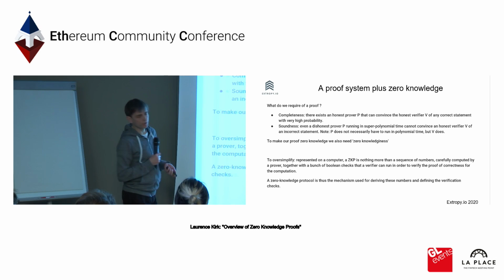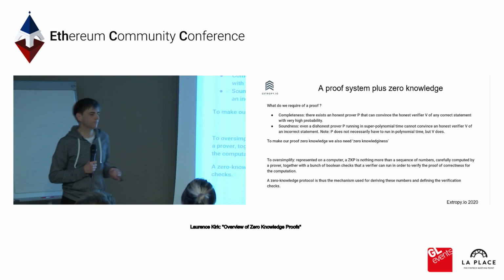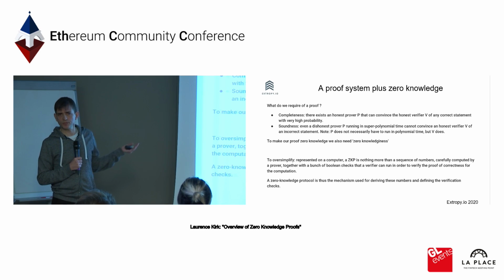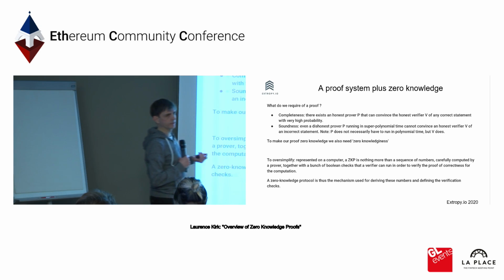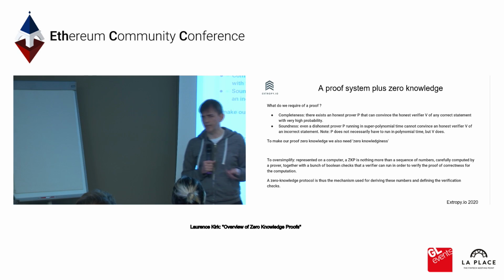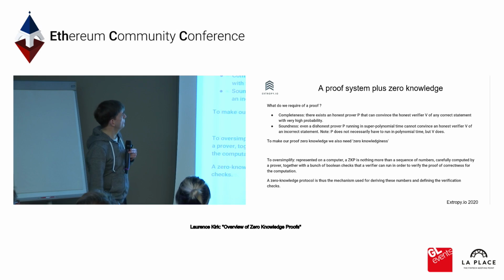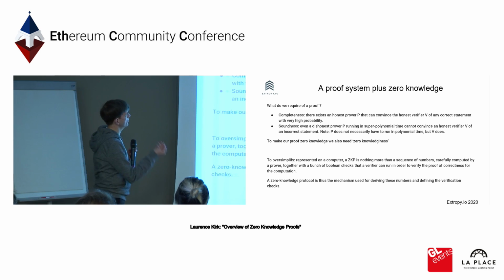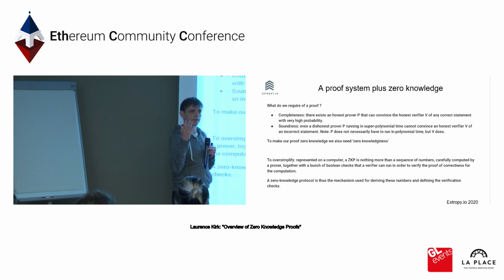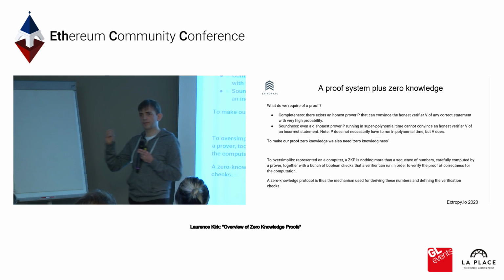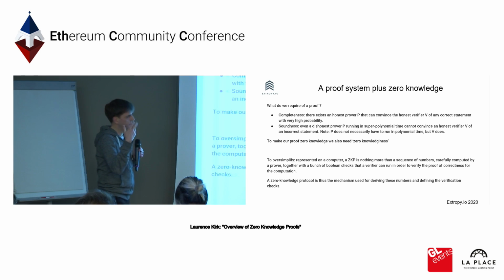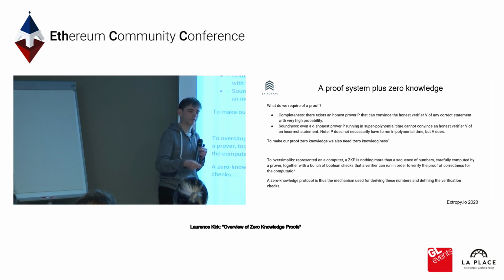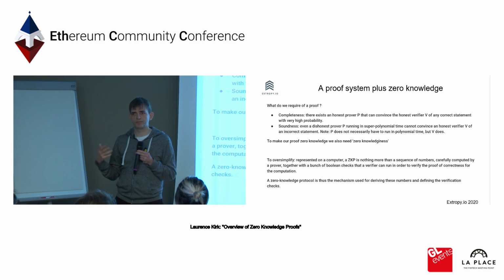Okay, so when we talk about zero-knowledge proofs, there are really two aspects. We're often talking about a proof system. We're trying to prove something beyond the doubt of the verifier. And there's also a zero-knowledge aspect. In the proof system, there's been research about this for a very long time, but there are two parts that we really require. We want completeness. What this means is that if the prover is honest and gives a correct proof, the verifier will believe this. The verifier is not just going to deny this again and again; there's a high probability that the correct proof will be accepted by the verifier.